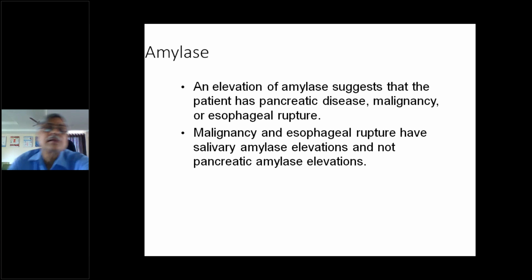Of course, MRI is also there, because there are two types. Most commonly, they are right side effusion and left side effusion. What are the causes of right side effusion? It may be due to heart failure, congestive cardiac failure. Of course, it may be present on both sides, but usually it is present on the right side first. First it will appear on the right side.